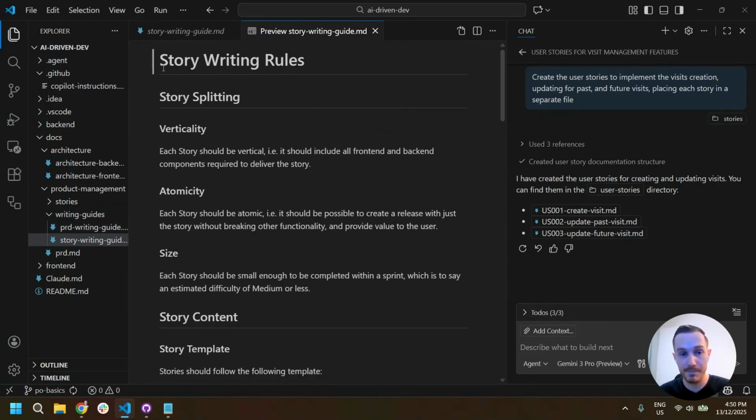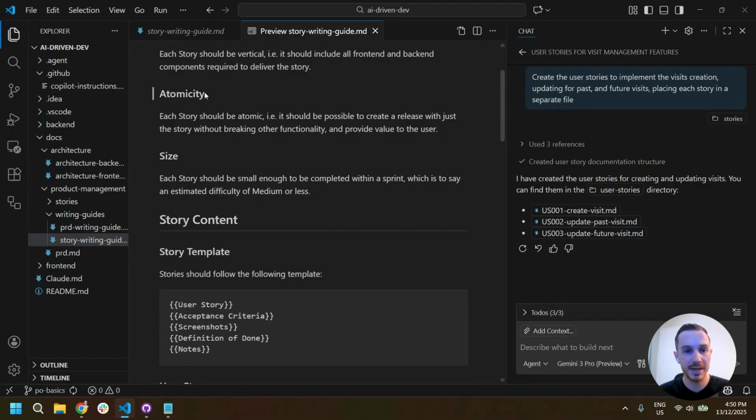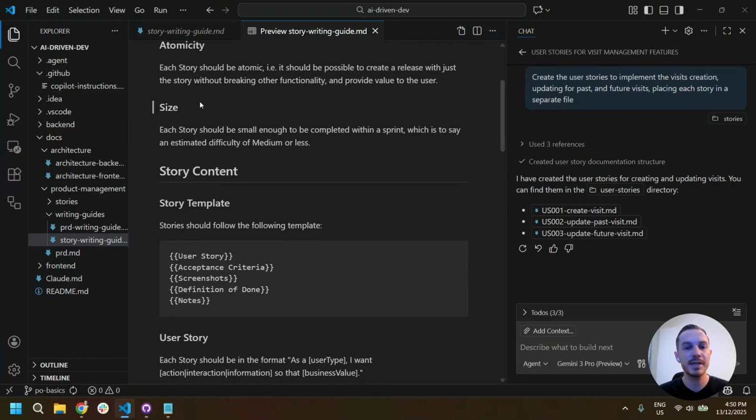These are put together manually by myself because I'm particular and want my stories done in a certain way, as many of us do. And I've documented out those rules specifically. This is something all of us do intrinsically already. So the rules being story splitting, making sure that each story is vertical, front and back end together to deliver. Atomic, so that each story can be delivered on its own without requiring multiple story coordination. Blocks aside. Size, each one being small enough to be completed within a sprint,